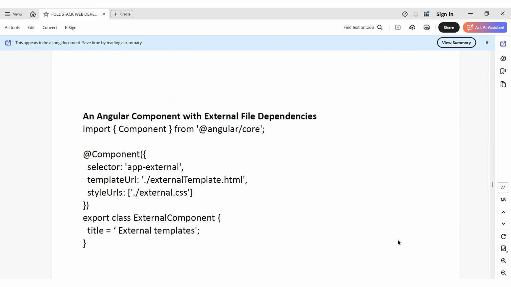Angular component with file dependencies. So file dependencies come, you see here, selector app-external. Externally we are selecting templateUrl, same within single quotes, the root directory external template. I am going to make use of styleUrls external.css. In that external.css we have just incorporated styles1, styles2.css. Next, export using a class export. We are going to use ExternalComponent. In this external component, I am just making use of the title as external templates. In such a way, the external file dependencies in the Angular component will do their work.